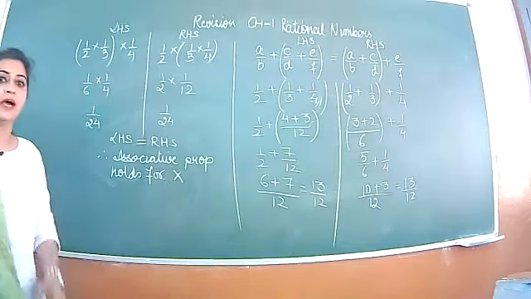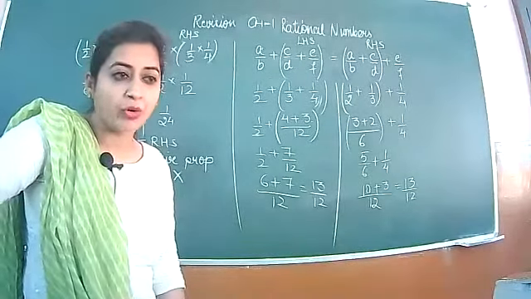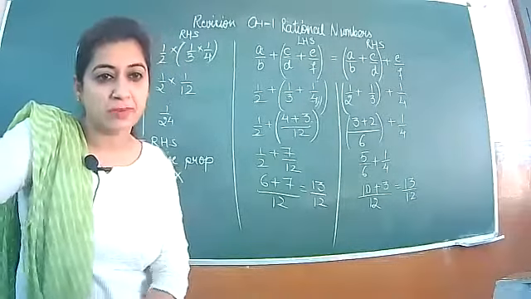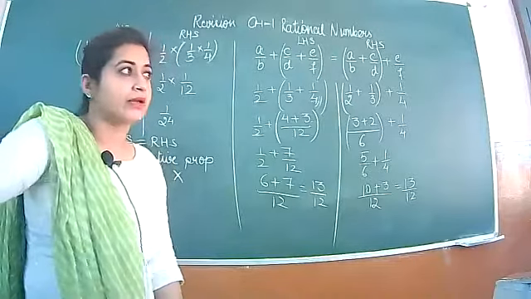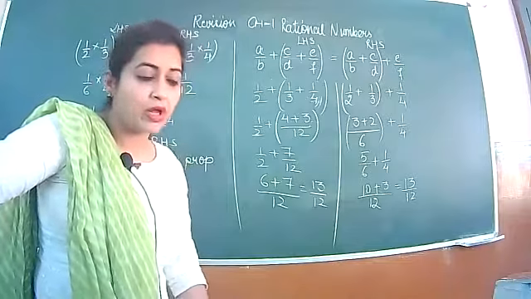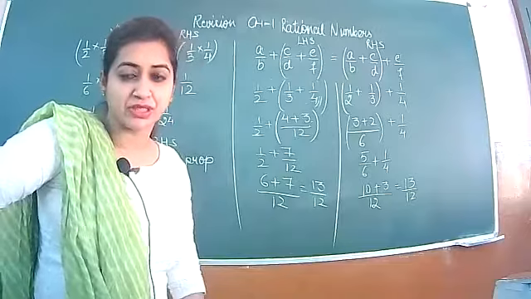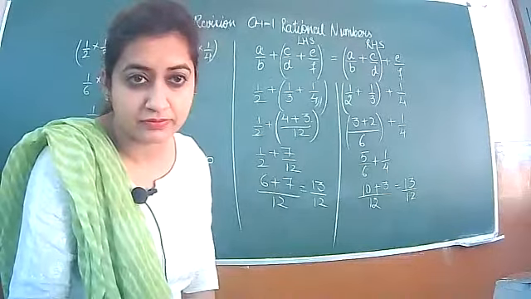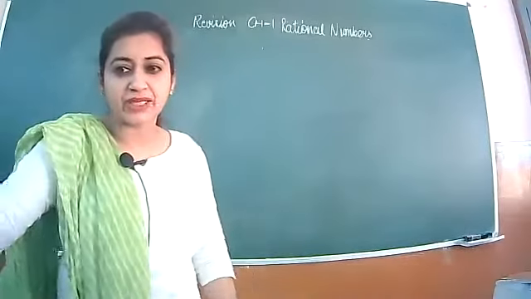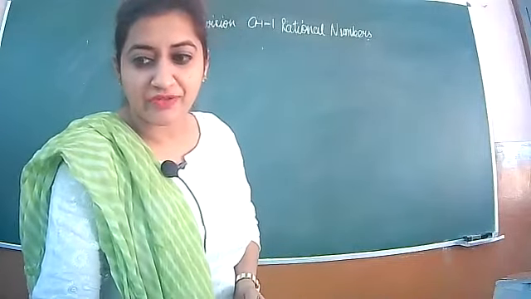Now justify the property for division. It will surely not hold, but you have to justify it. Justify means you have to give a suitable example. If it is yes, it should be in yes favor. If it is no, then you should justify the no favor of the question. Okay? So you must have justified it. This property doesn't hold for division.